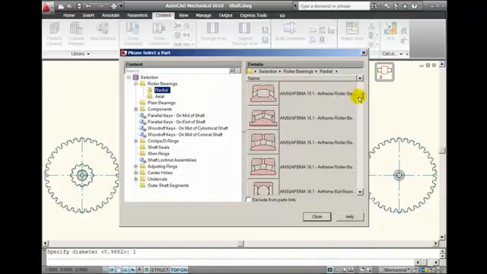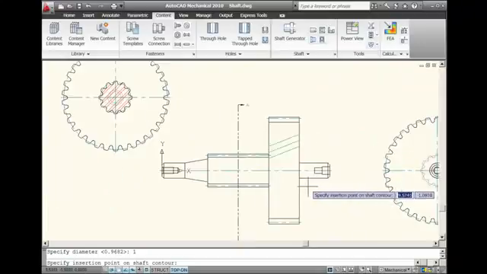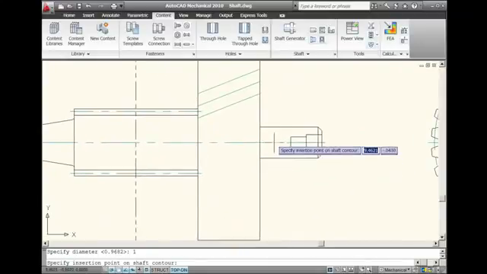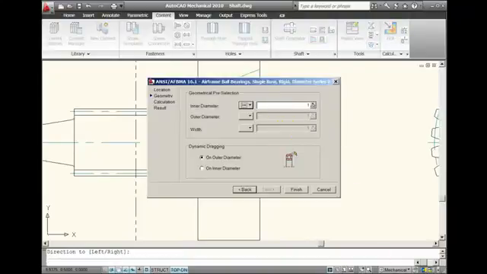Select the family. Select an insertion point on the shaft contour. If this command was being run from the panel, then you would also have to pick the shaft center line. The direction is going to be towards the right, and the dialog box comes up showing you that it's selected